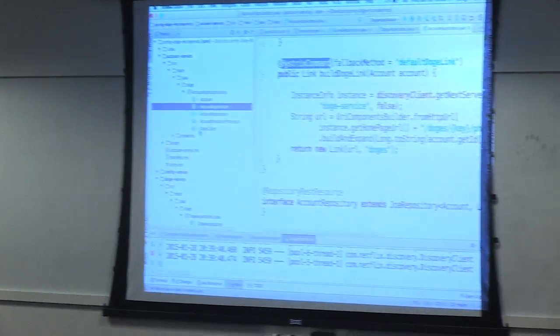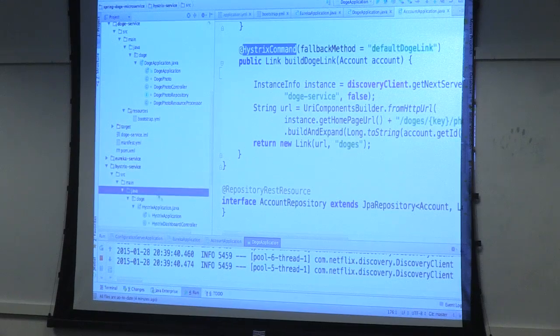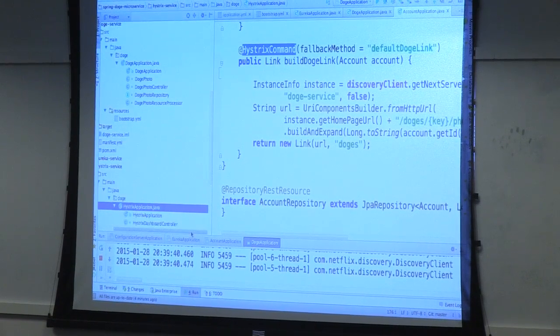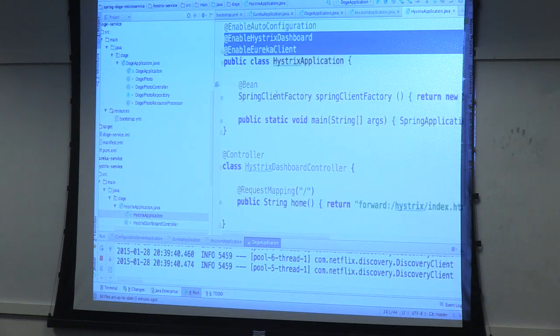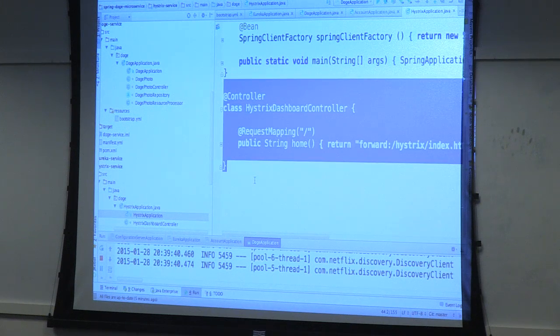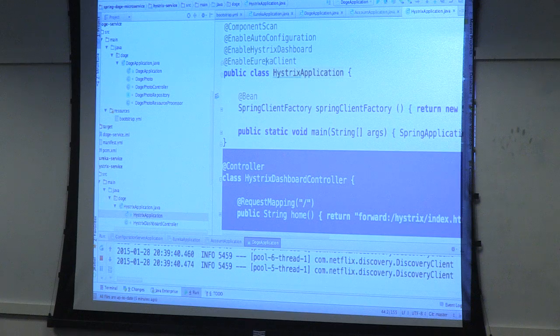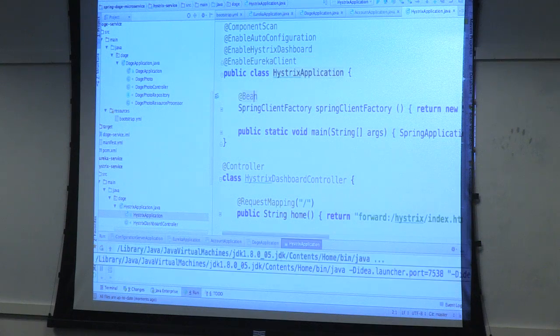And so for that, I'm going to turn to the Hystrix dashboard. And again, same thing as before. This is actually markedly simpler in the brand new version of Spring Cloud. These three annotations go away, and then it just becomes these two right here. This goes away, and then this goes away. So it becomes public static void main, and it becomes @EnableEurekaClient and @EnableHystrixDashboard. And I'm going to run that, and that'll start up here.